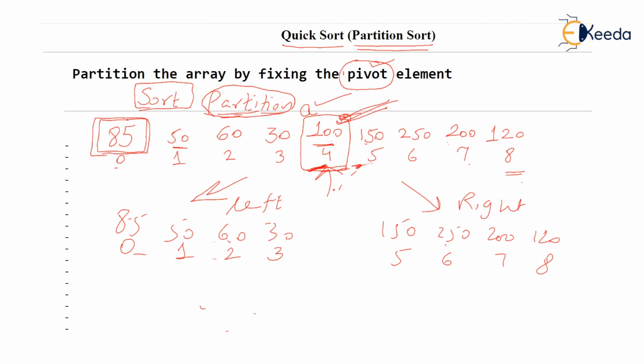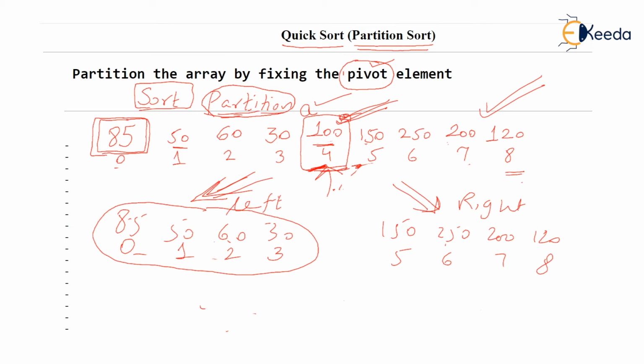Okay, now what do you do with this left part? What is your aim ultimately? No, no, don't say you want to partition it. Agreed, you want to partition it, but you want to sort it. Think recursively. Hello, dear students, think recursively. What was your aim on the main array, on this array? Don't say I wanted to partition it. Say that I wanted to sort it, isn't it? And while sorting, you did the partition, so you got the left partition. Now, what would you do on this left partition? You will try to sort this left partition and you will try to sort the right partition, isn't it so?